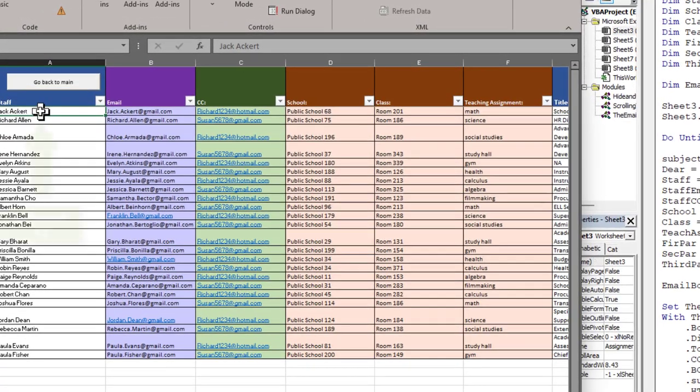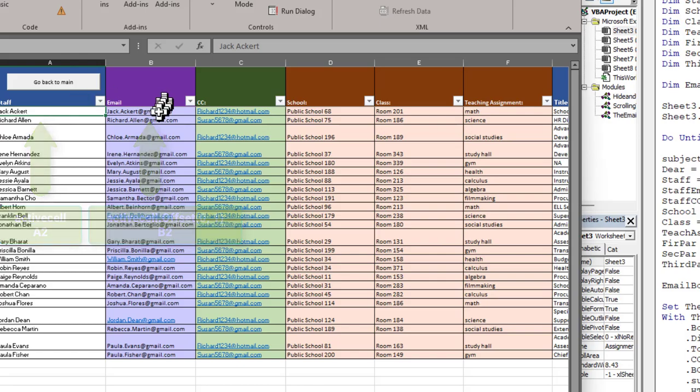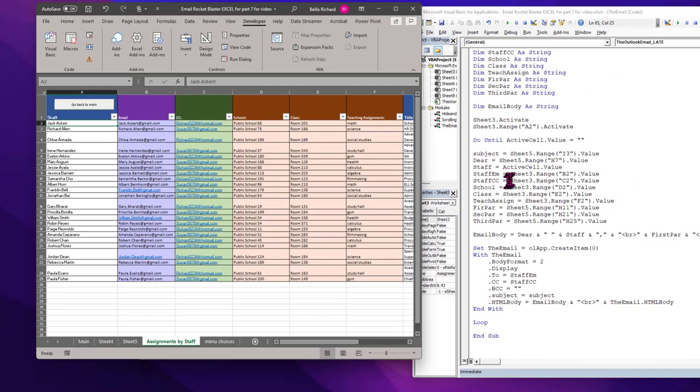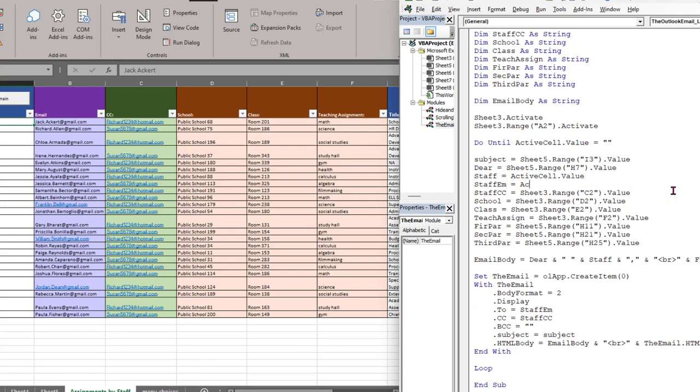This is the active cell. The staff email, that's the email name of this person, is offset by 1. So instead of saying Sheet3 Range B2, we're going to say it's the active cell